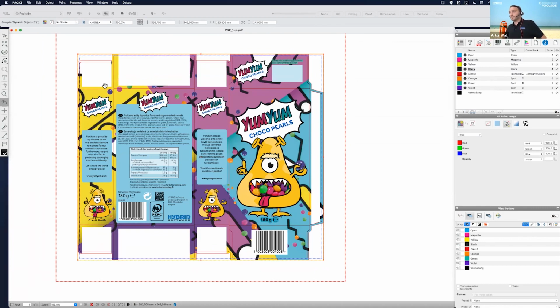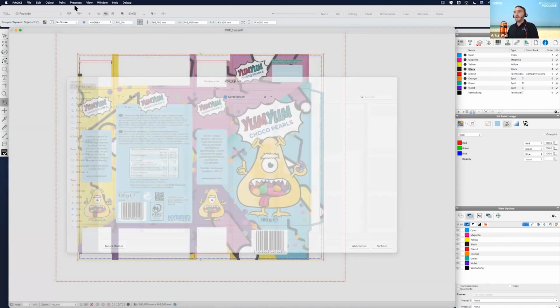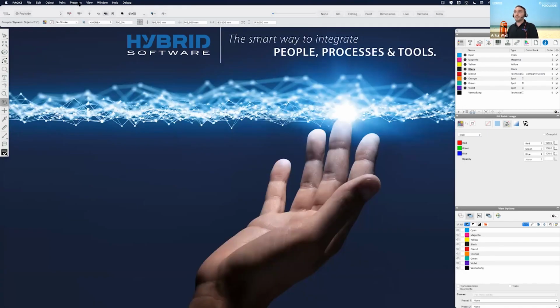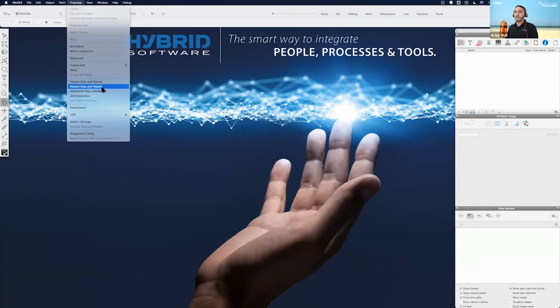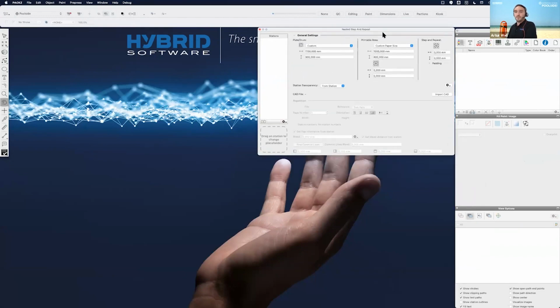And of course, we have to create a step and repeat, and maybe even a step and repeat with this variable data. And let's do this. Just save my file here. And PACKZ gives us many options to create a step and repeat. One is the nested step and repeat, which is based on a CFF2 or a cut file, which is necessary